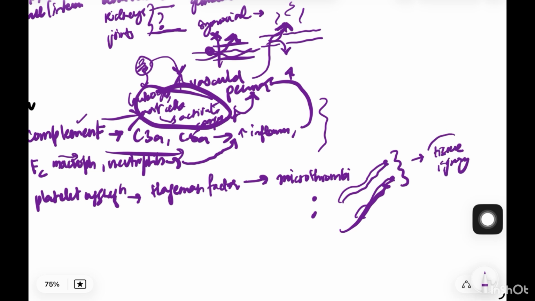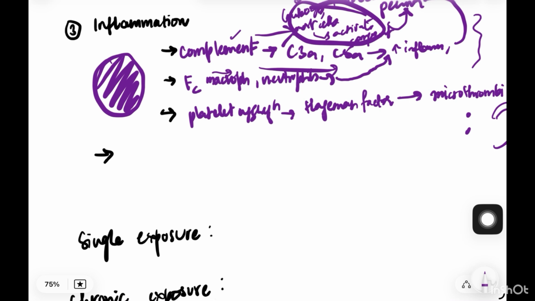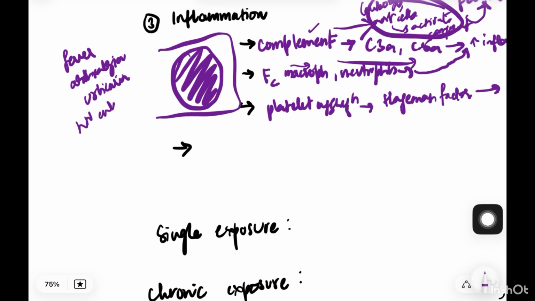Now, depending on the tissue, if the injury to the tissue here is blood vessels, we'll call that vasculitis. If it's the joints, we'll call that arthritis. So you're going to get all these symptoms of hypersensitivity type 3, including fever, arthralgia, urticaria. Your lymph nodes can get involved. Another interesting thing that happens here is, now that we have this immune complex, it's deposited somewhere, your neutrophils